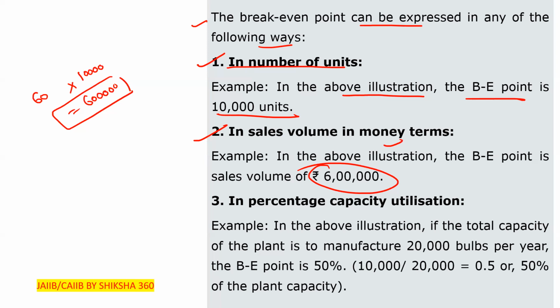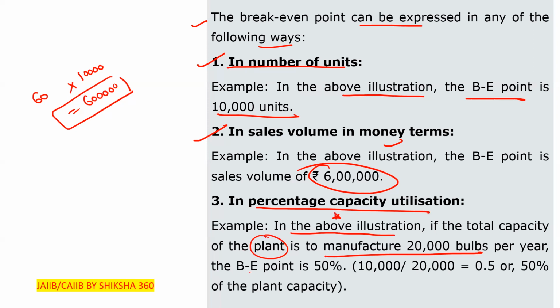Now move to the next point: percentage capacity utilization. So how do we calculate the percentage capacity utilization? For example, in the above illustration, if the total capacity of the plant is to manufacture 20,000 bulbs